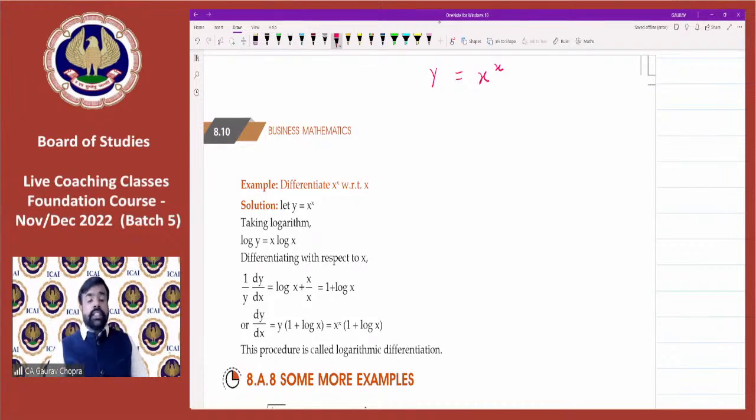So in such cases, if we have to remove the power, one way is to use the logarithm. So we can take log on both sides. Taking log both sides, it will become log of y is equal to